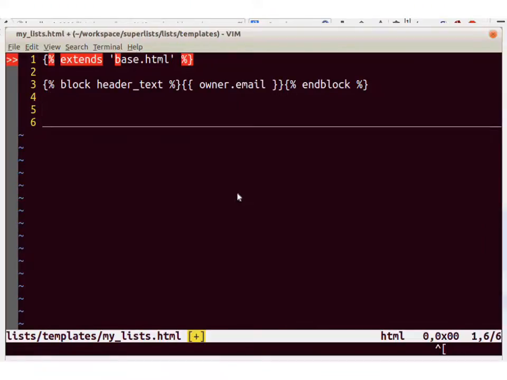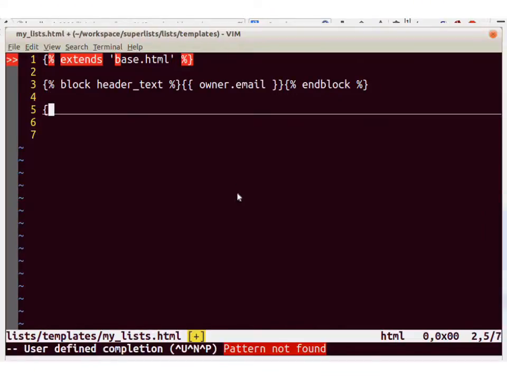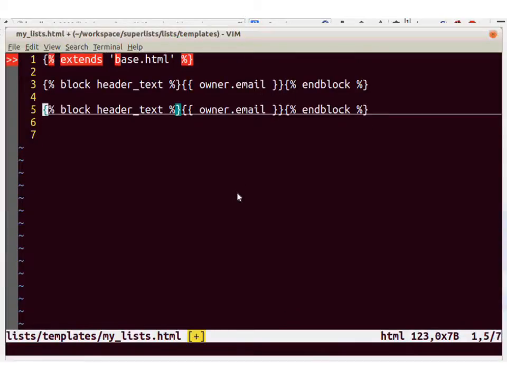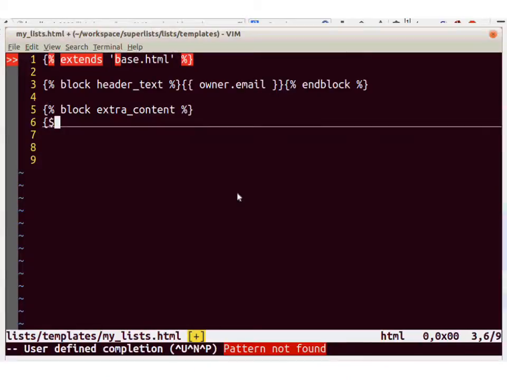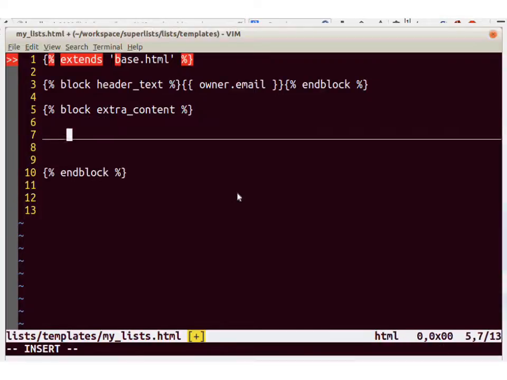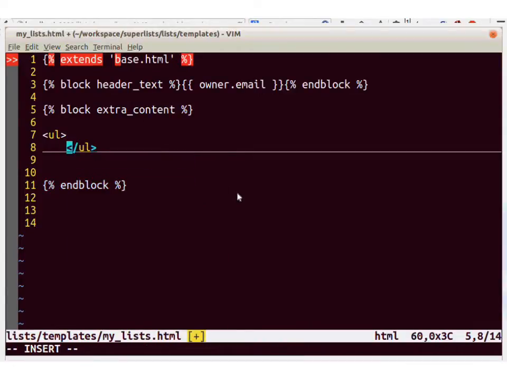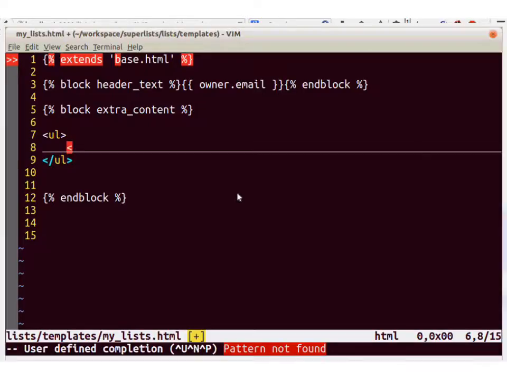And we'll continue in our template to say, okay, so if we were going to be able to display all the users' lists, we might be able to put them in an unordered list like this. And again, I'm going to program by wishful thinking and say, I'm going to be able to iterate through the user's list. So I already have the owner in this template. So if I could get to their lists like this,